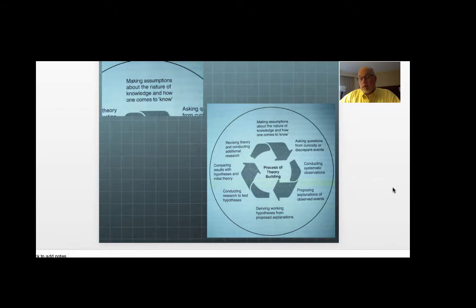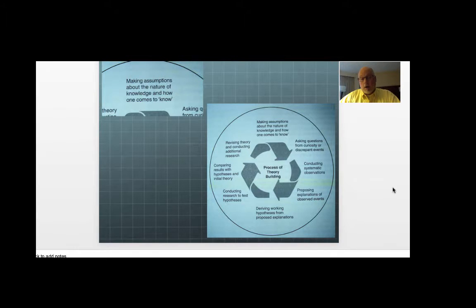This is a conundrum that researchers face. How do we deal with that? We want to be objective. We want to have theories that are going to help us to try to unearth as much of the truth as we possibly can. Then we have to do something about assumptions at the beginning. So the theory of science that we're looking at here proposes that the best thing that you can do is to, A, reflect on